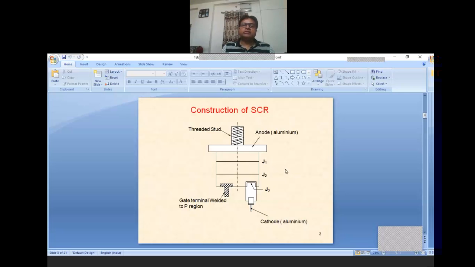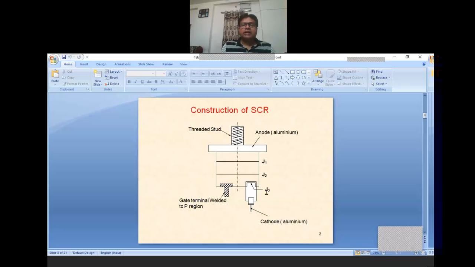Epitaxial type of construction comprises of forming the layers one after the other by diffusion method, whereas MESA type of construction is mainly dependent on sandwiching the layers one over the other and then bolting together.